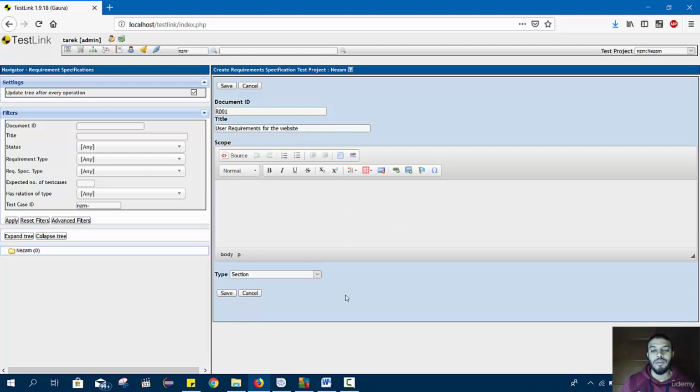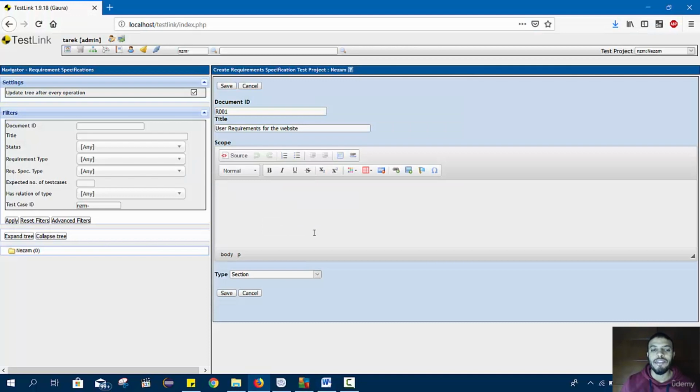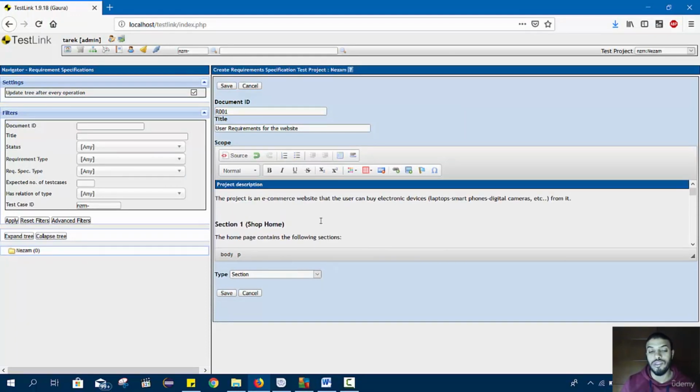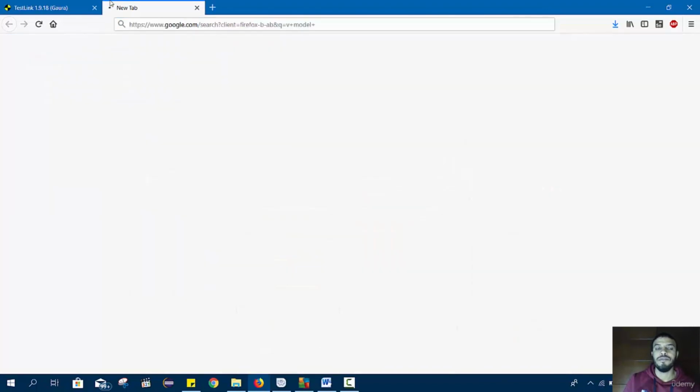a scope. Okay, we can go, I have some requirements here, user requirements, and I will attach them in the course if you want to write them, if you want to read them. And the type, this is a section or user requirements or system requirements. What is the difference? We have in the vModel, let's click on the vModel,